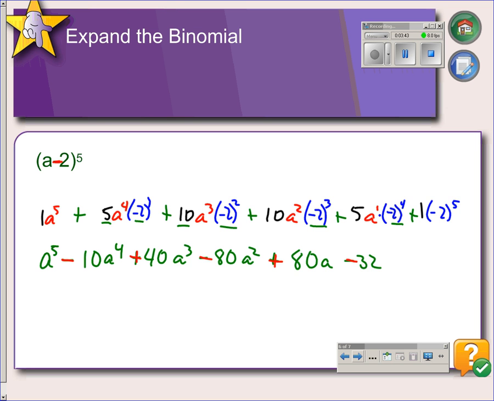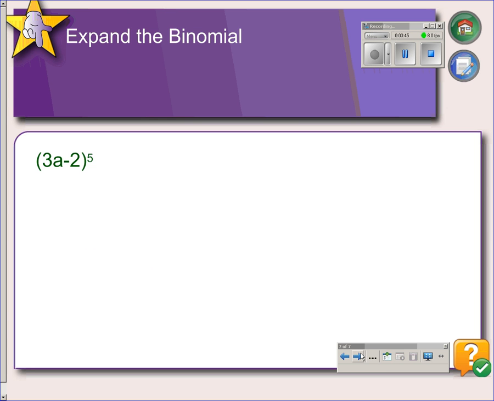Okay, one more example. This one has coefficients in both terms, the 3 and the 2, and so it makes for more complicated multiplication at the end, but you still do it the same way. You start with your coefficients from the 6th row in Pascal's triangle, because we're trying to expand to the 5th power. Then we take our first term here, which is 3a,